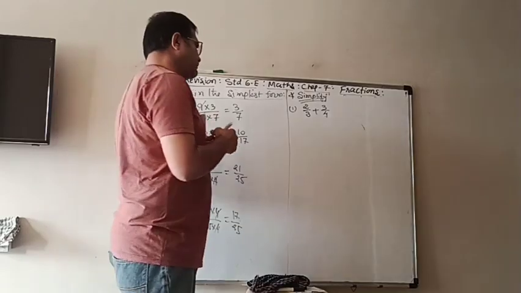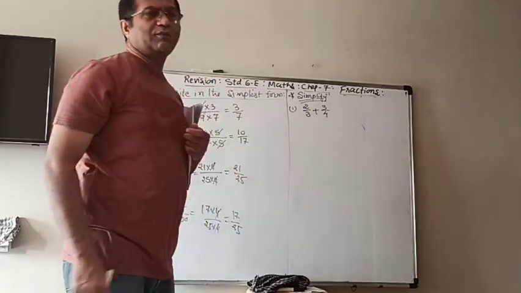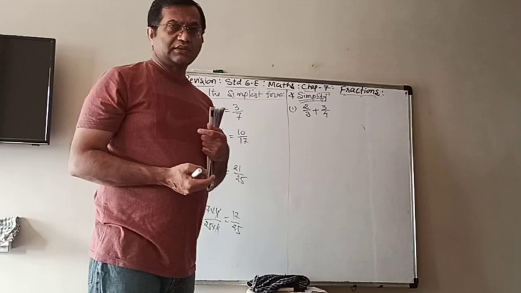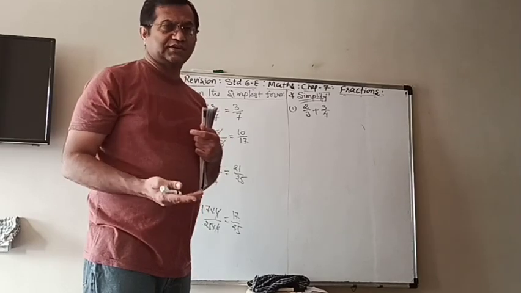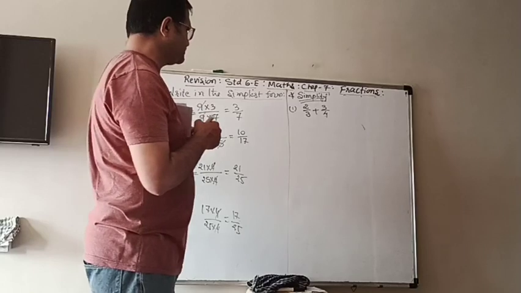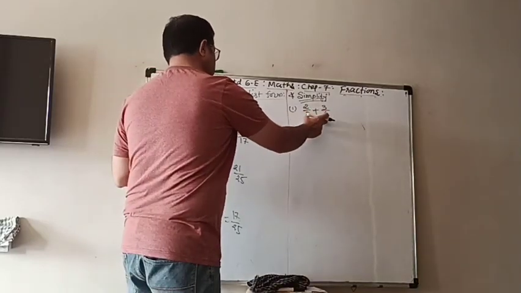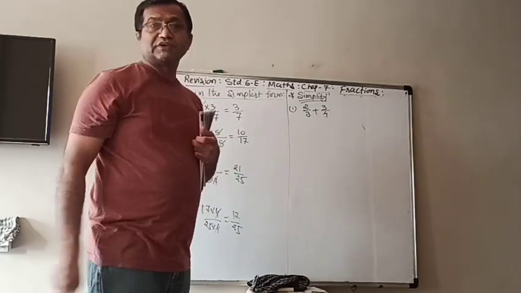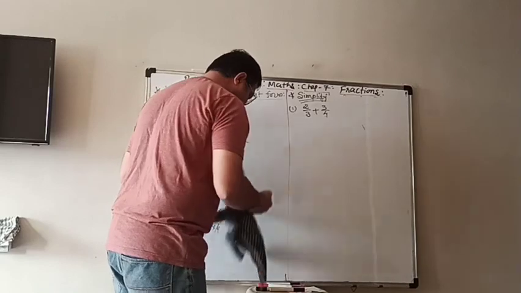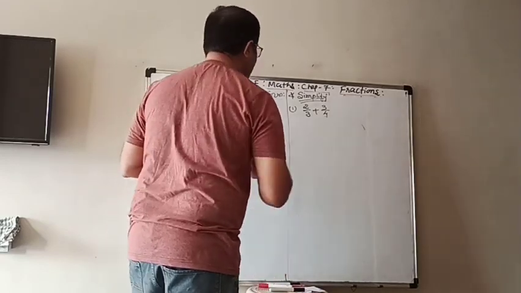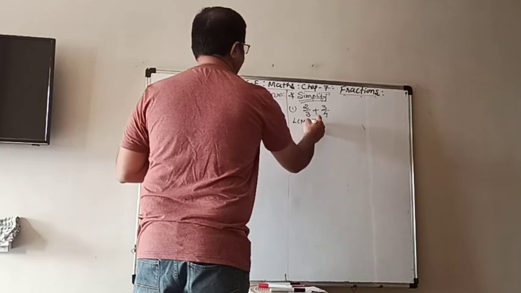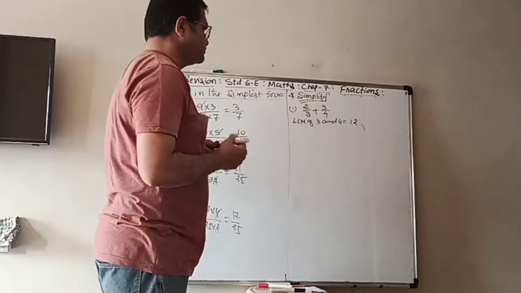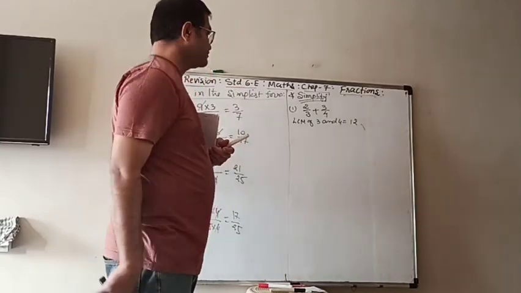So now whenever there are different denominators, we have to convert the fractions into like fractions by finding equivalent fractions such that they have the same denominator. We have to do the same as we did in the ascending order. First we have to convert them into like fractions. So what is the LCM of the denominators 3 and 4? LCM of 3 and 4, we know that it is 12. If you don't know, you have to find it.